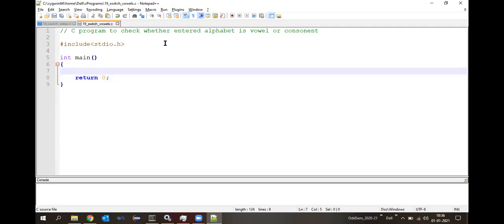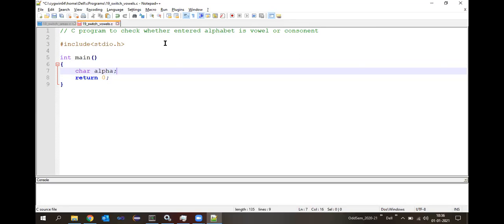Okay. Now, how many variables are required and what will be the data types of each of the variables? One is the input, right? Wherein we'll ask the user to enter the alphabet. So alphabet means what type of data type should we choose here? Is it character data? Yes, very good. We need to choose character. Let me call it alpha. Okay, let me call it char alpha.